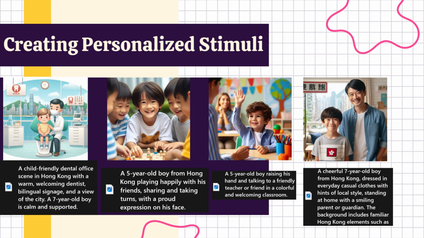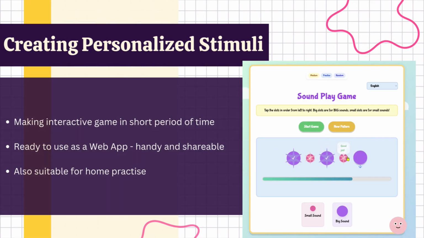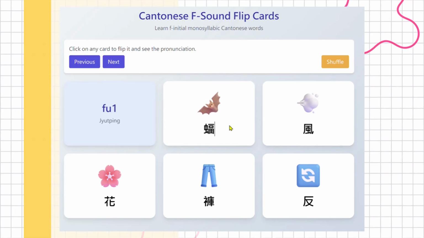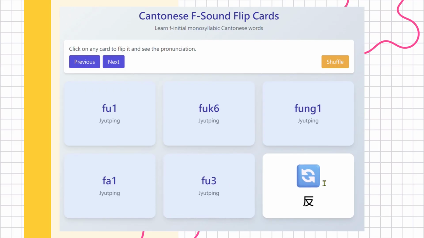I also have been using Canva AI for creating interactive games in a short period of time. For example, this is a sound play game. The big and small dots correspond to big and small sounds to elicit from non-verbal or emerging language stage clients. Another example, I was using Canva AI to help me, apart from the traditional printed word card,